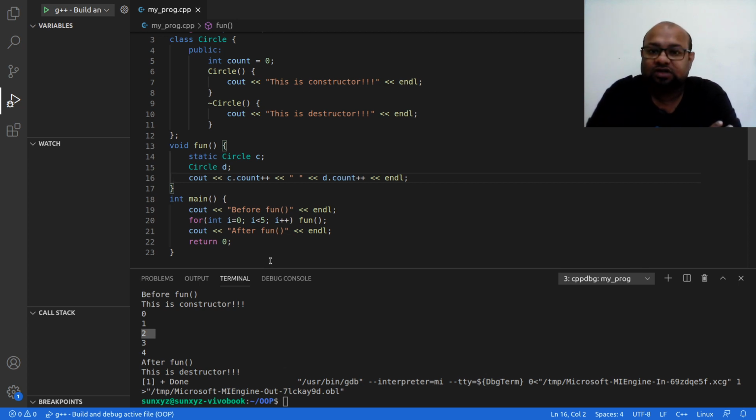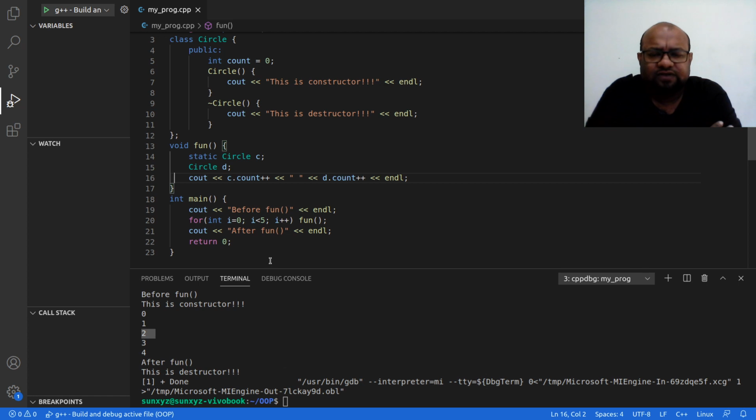And think about what this D object is. This D object is a local variable of the fun function, so it will be allocated memory in stack. So every time I call this fun function, this D object is going to be created in stack, and when I return from the fun function, this D object is going to be destroyed from the stack. Alright, so with this D object, the constructor and destructor are going to be called one after the other every time I call this fun function, because I am going to create and destroy this D object every time. I am going to do that in stack.